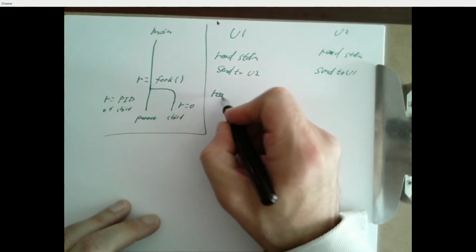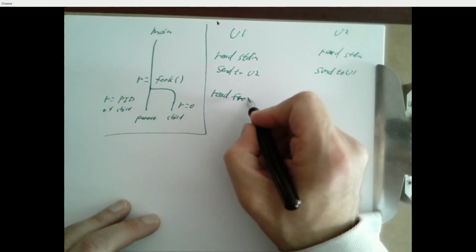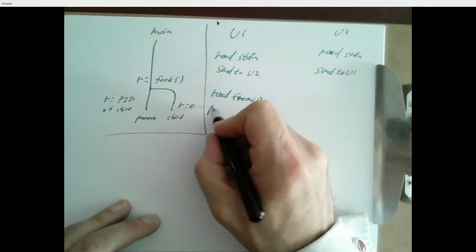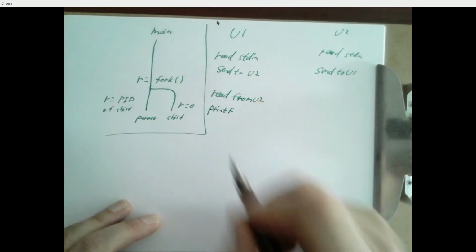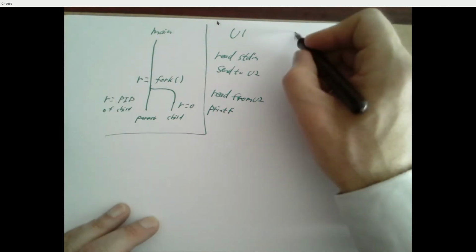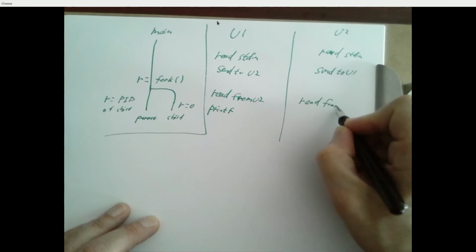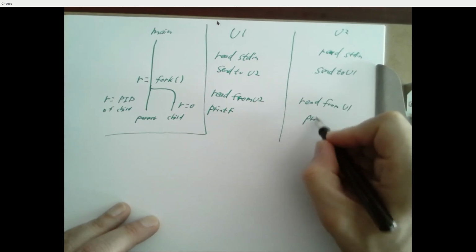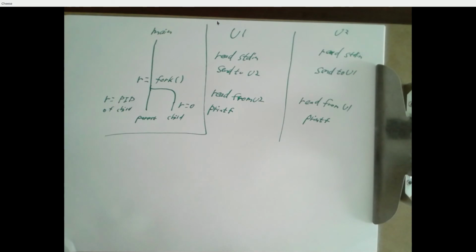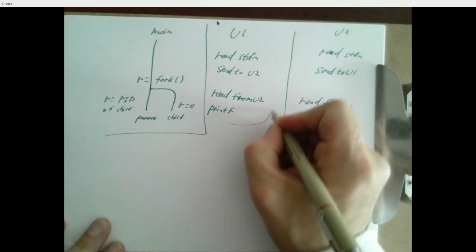I need to say read from user 2, and then I need to print that to standard out. And user 2 needs to read from user 1 and print that. So the question is, what does our looping look like? Because we want to do these things over and over and over again. But if I loop like this,